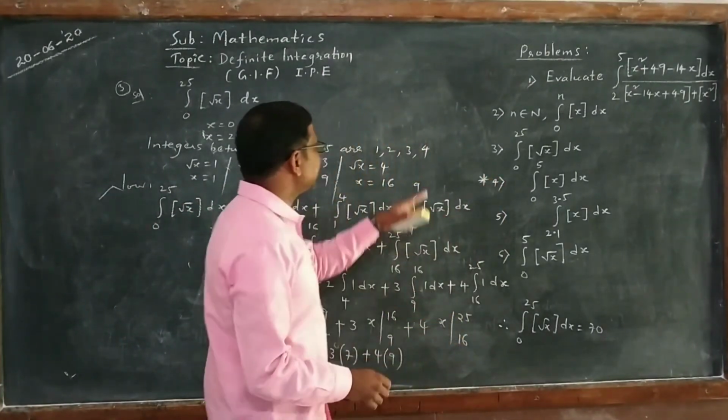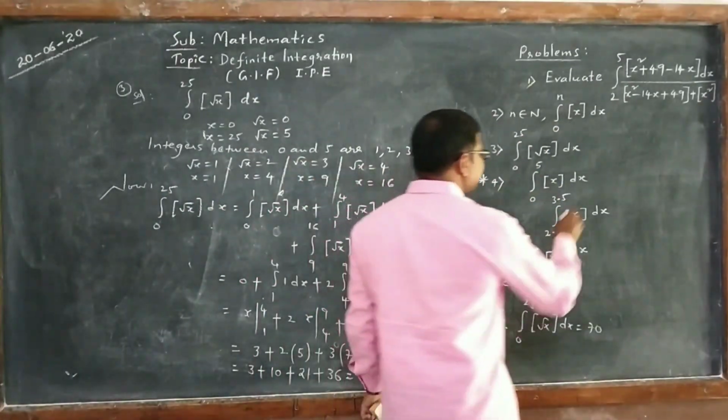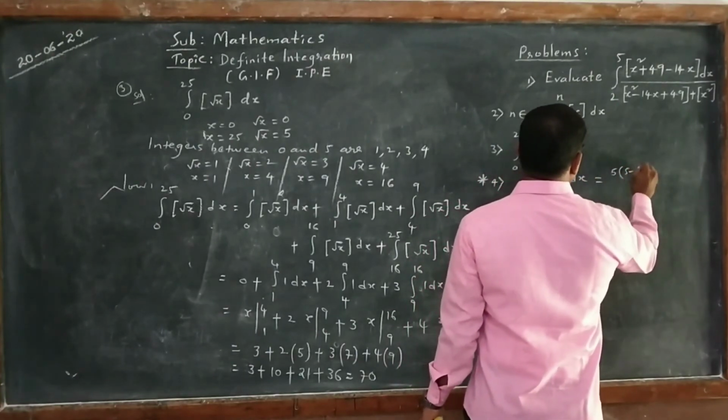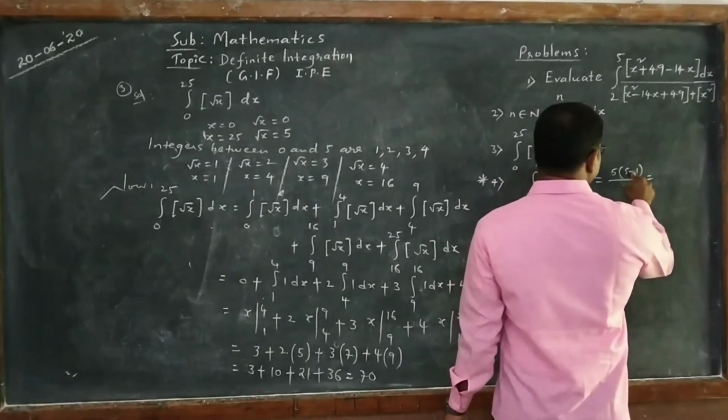Now see the fourth one. You can use this formula, n of n minus 1 upon 2, which I told you just now. Here n we will write as 5: 5 of 5 minus 1 upon 2. So the 2 cancels, so 2 5s are